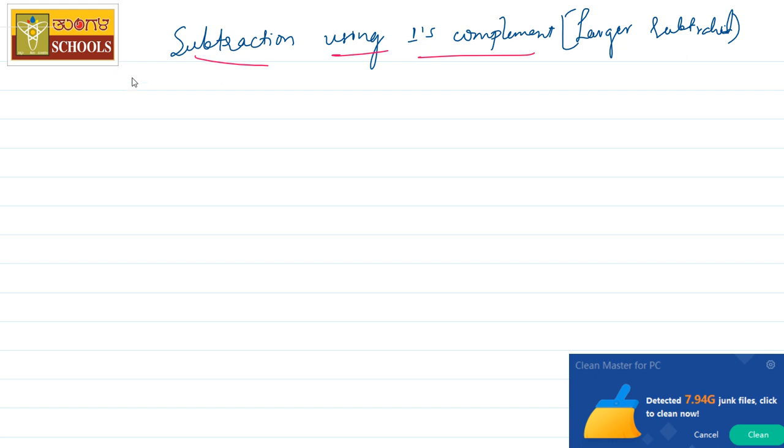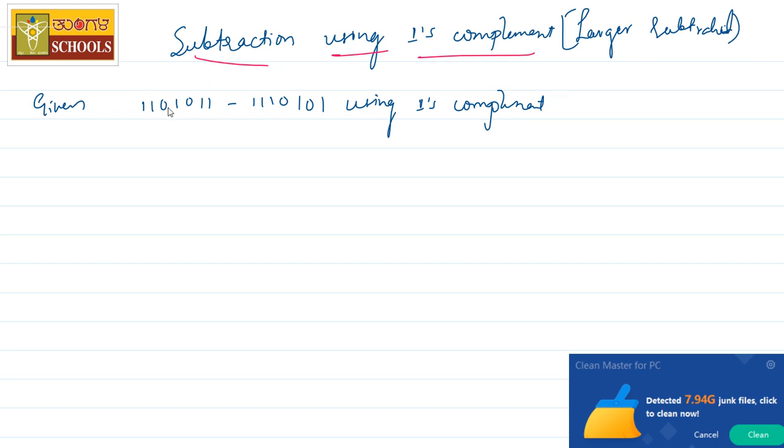So if the number is given like this, the given number is 1101101011, say this is a binary number which is given, and if they ask you to perform subtraction from this number to 1110 using 1's complement.